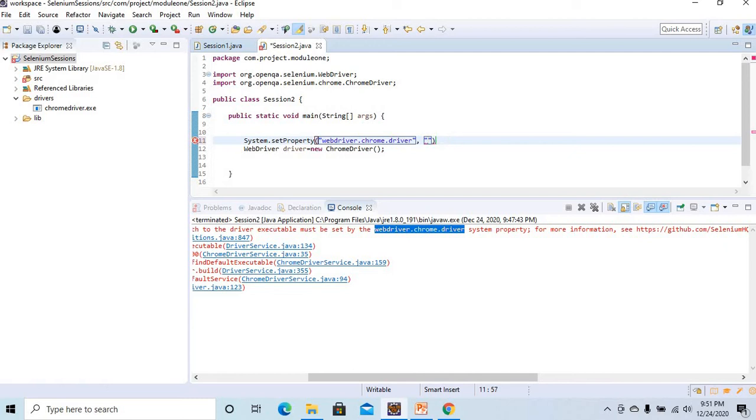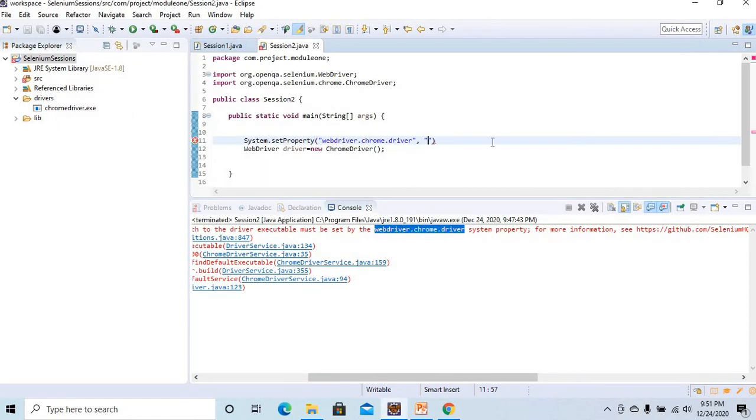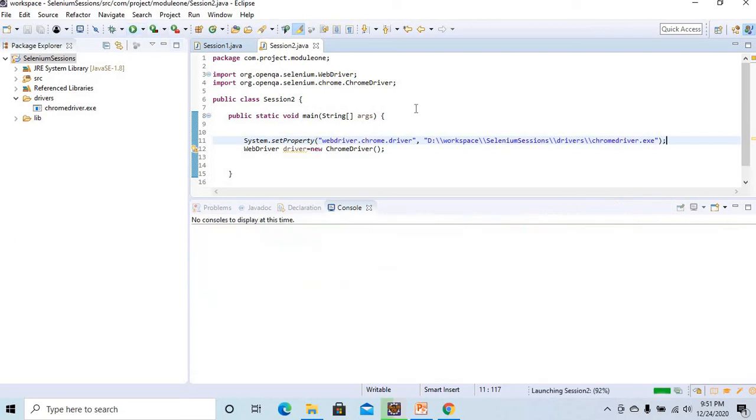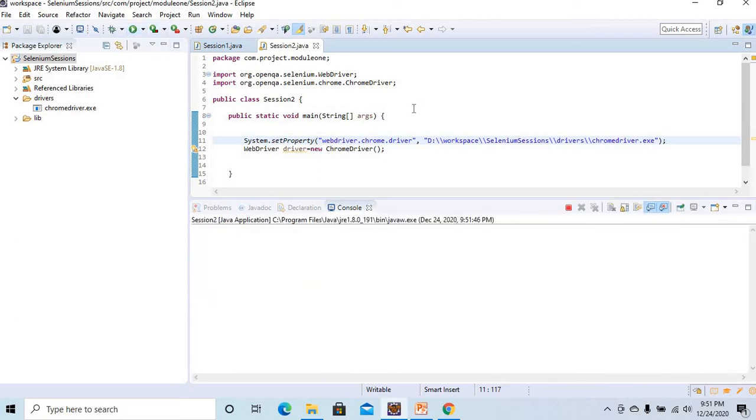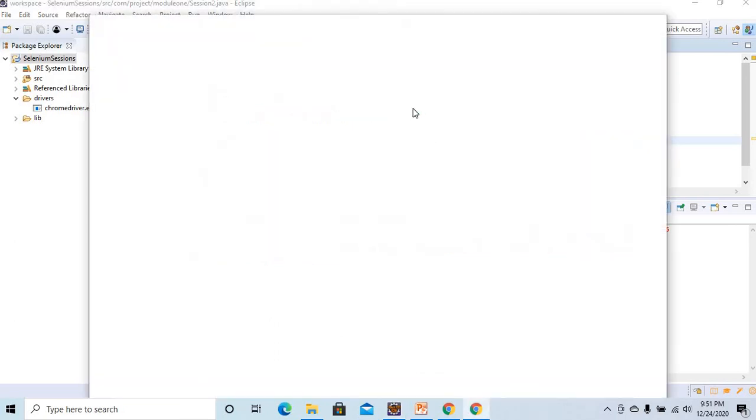Here is my exe file; I'm copying its path, ending in chromedriver.exe. Now let me run and see how it works. See, the browser is open now.